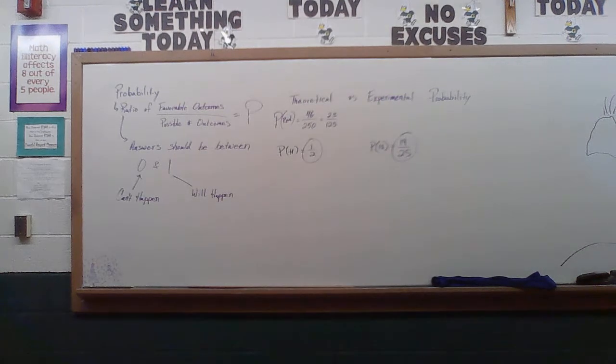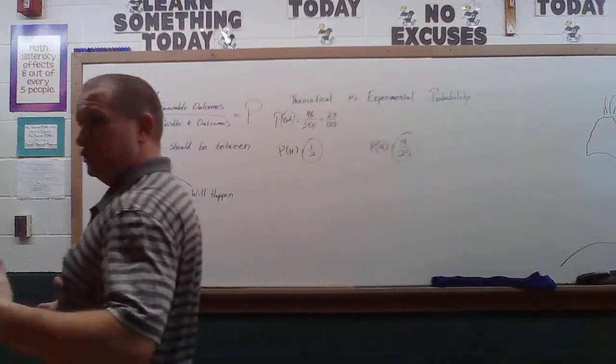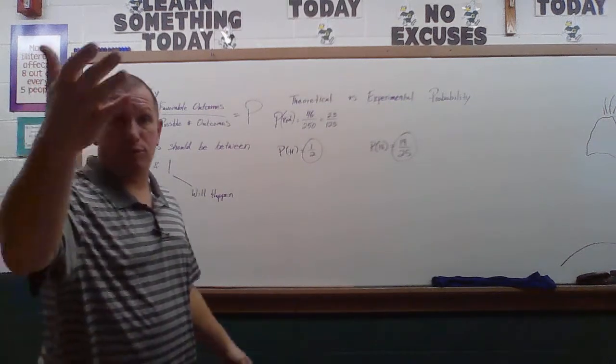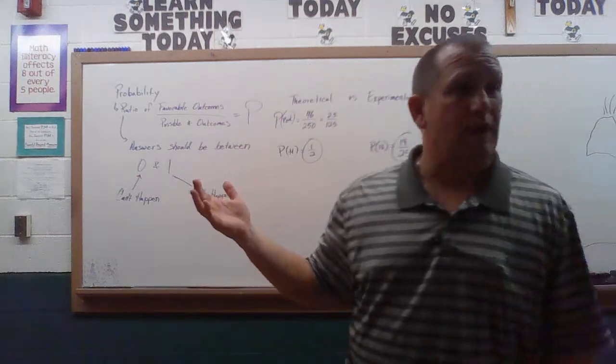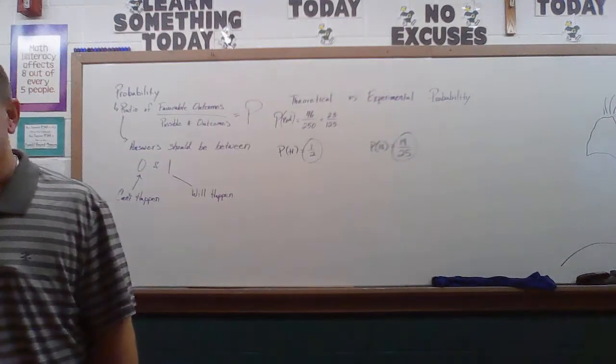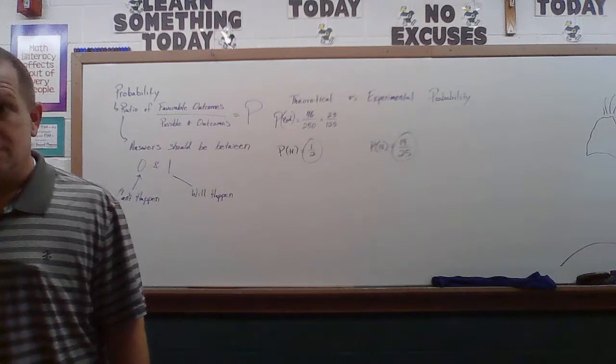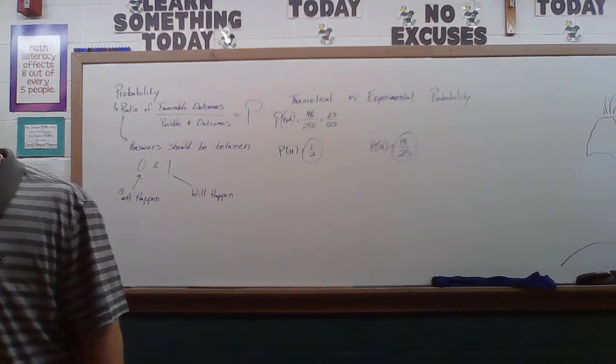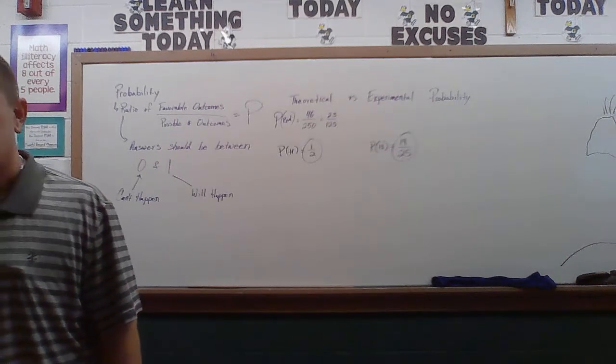So what other ways could you think about doing probability, besides jelly beans? Dice. Marbles. Dice is a good one, right? What is the singular of dice? Cube. What if I only roll one? What is it called? A die, right? So if they say a die, it's only one. If they say dice, it's two.